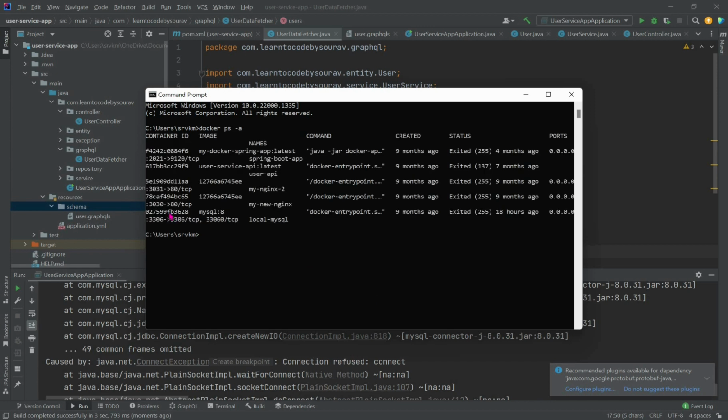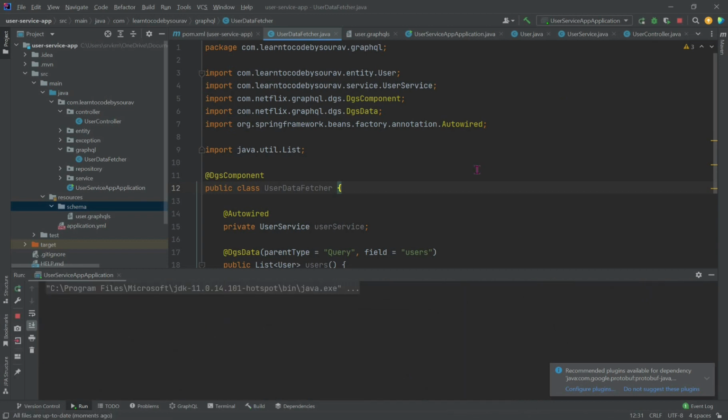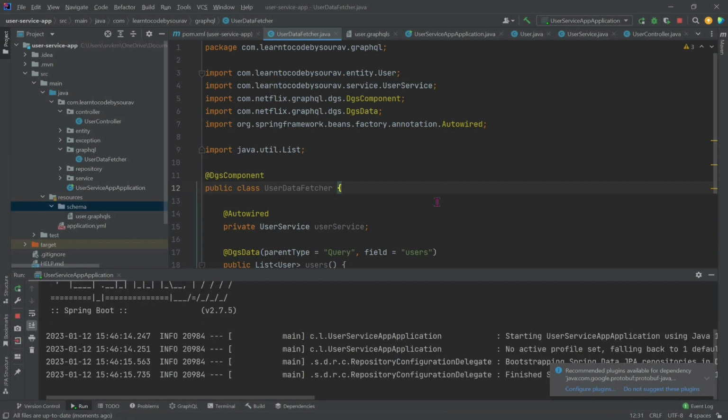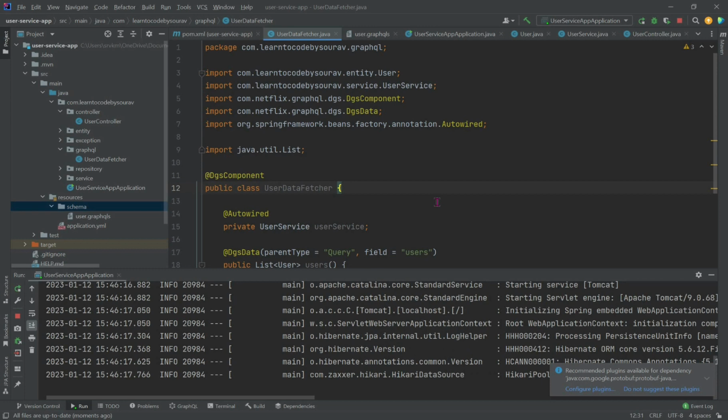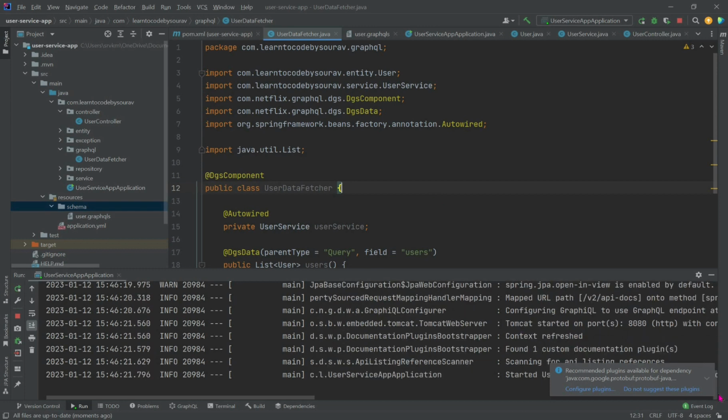So I'm running MySQL database in Docker. Docker start this part. I think it will start now. Yeah,